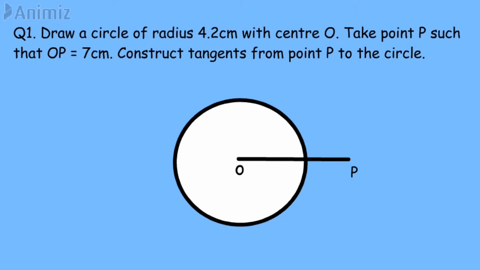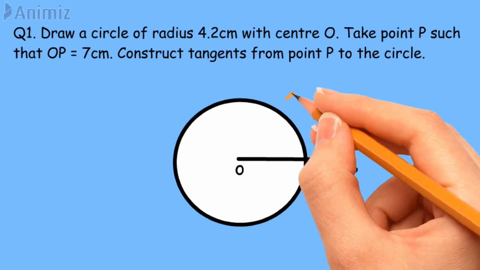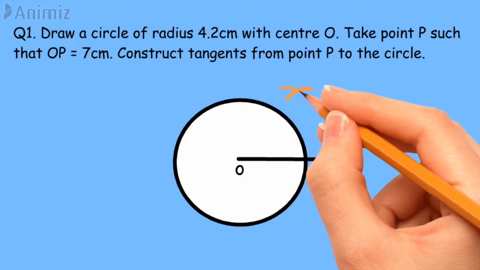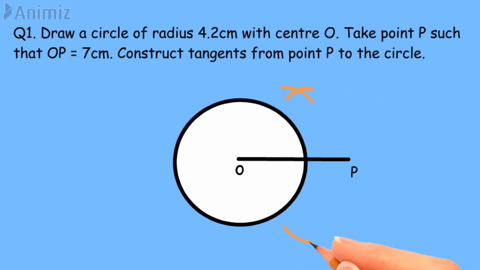Now half of the OP is 3.5 centimeter, which is less than the radius. Whenever half of the distance is less than the radius, your perpendicular bisector of OP will be inside the circle. That means it will intersect the circle. When you draw, keep your rounder at O, take a distance more than half of OP, and draw arcs on both sides. Keep it at P and do the same. When you join these intersecting arcs, you'll get the perpendicular bisector of OP.